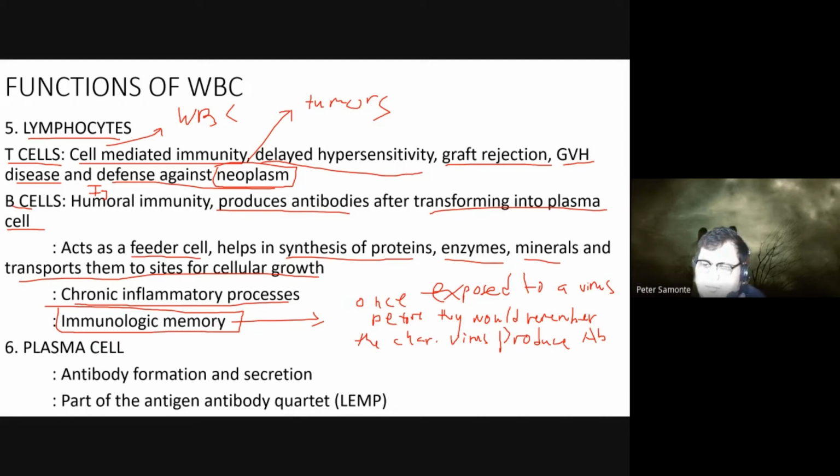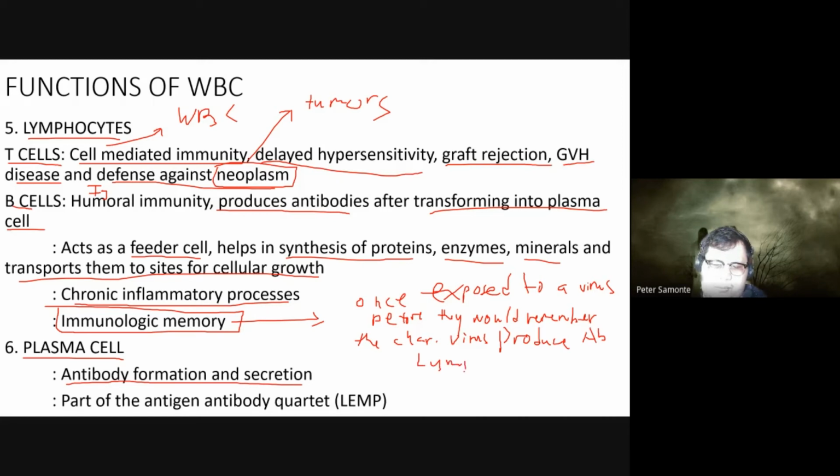This is the same as the action of your vaccines, wherein once you've gotten infected before, they would remember the characteristics of that virus na nag-infect sa'yo before. And once you get reinfected again, pag na-reinfect ka, they can be able to produce antibodies against it. Then you also have your plasma cell, which is your antibody formation and secretion, part of the antigen-antibody quartet. So do remember this for